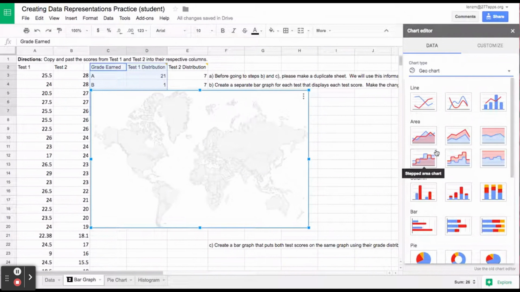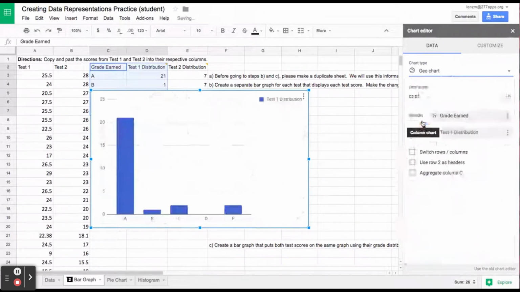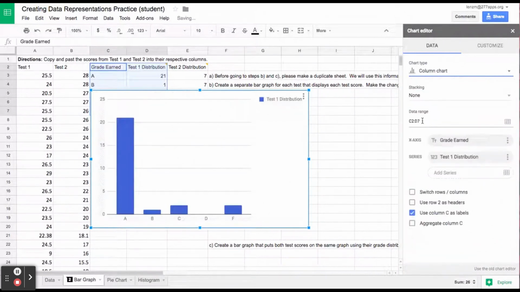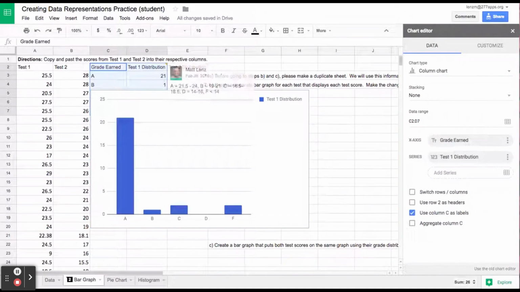So it allows you to pick really whatever you want, but it also will default to assume what you're trying to do. And in this case, it defaulted to the correct type of distribution, which was a bar chart. Now, as long as you highlight the correct information, the rest of this stuff, like this data range, you aren't necessarily going to have to